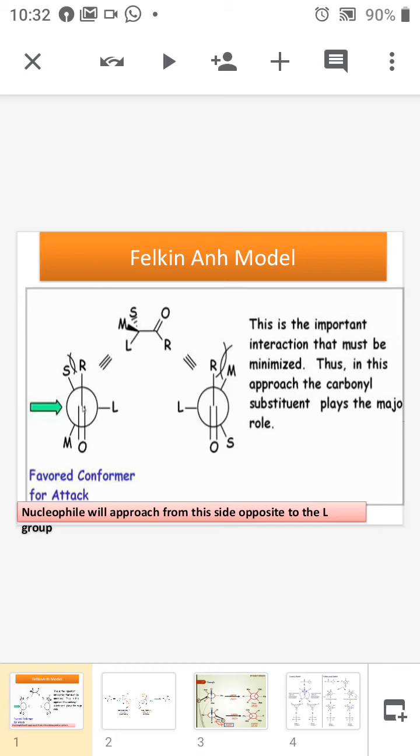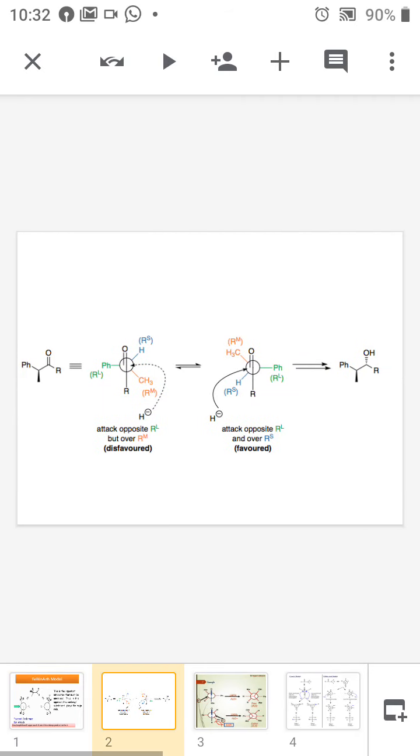We discussed the Felkin model the day before yesterday. According to the model, the large group is perpendicular to the carbonyl group, and the nucleophile attacks the carbonyl group from the side of the smallest group, at an angle of 107 degrees. So in the Felkin model we can avoid the steric hindrance between the large group and the substituent which is already present on the carbonyl group. Now we are moving to the example.